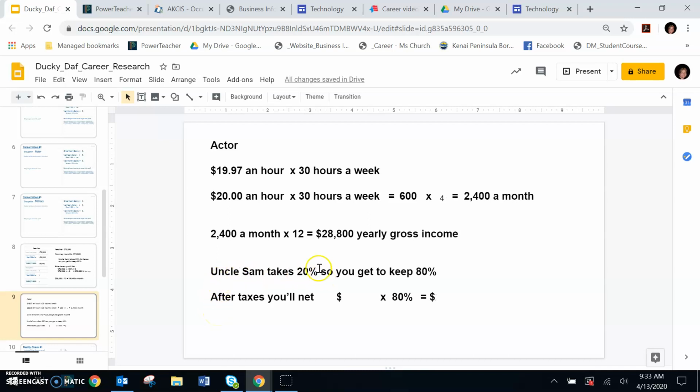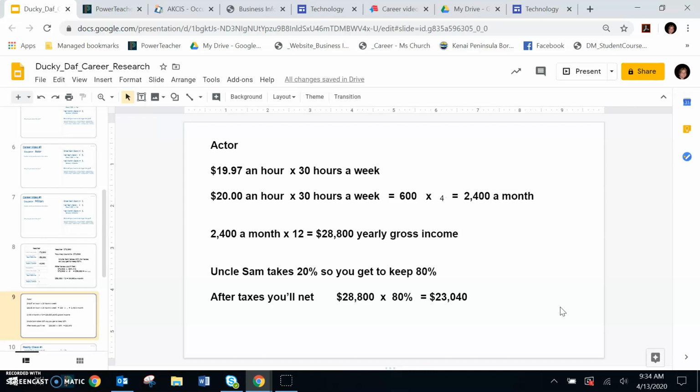Once again, Uncle Sam is going to take 20%, and we get to keep 80%. So we will take 28,800 and multiply by 80%, which is 0.8. And we'll get $23,040 as the